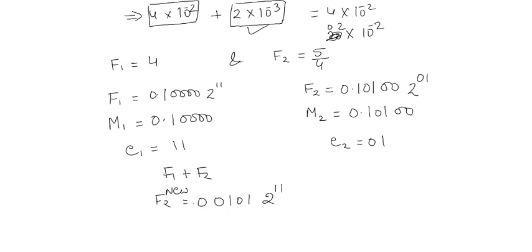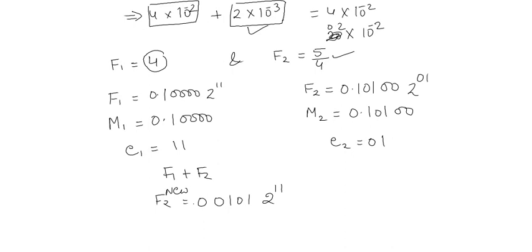Now take another example. Let's say that we want to add two numbers. How can I add them, and how will your floating point processor reduce the likelihood of overflow? So let's take floating point numbers 4 and 5 by 4. So this will be a decimal number, right? Some fraction part will come. Now how will the floating point processor actually add those two numbers? First it will convert them into Mantissa and exponent form.